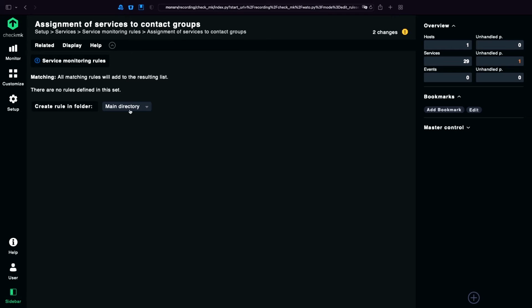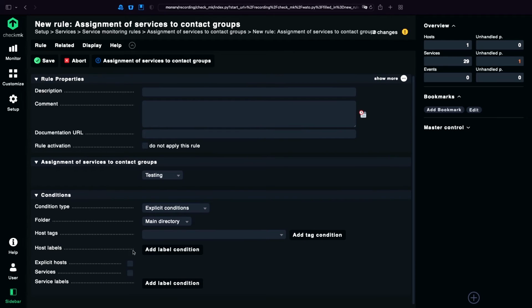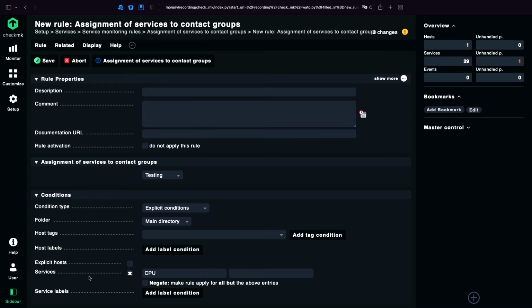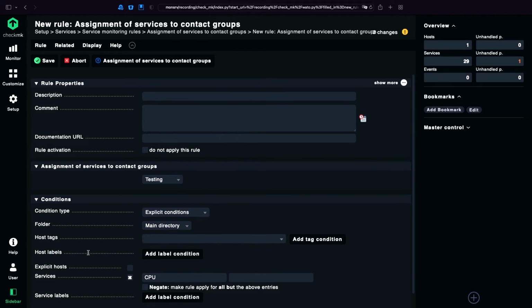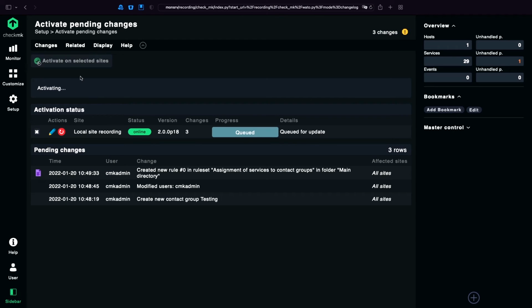I create my rule in the main directory, choose my contact group, and as a condition, I use every service who starts with CPU. I save this, I activate,